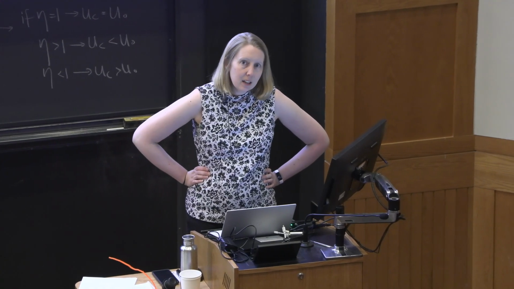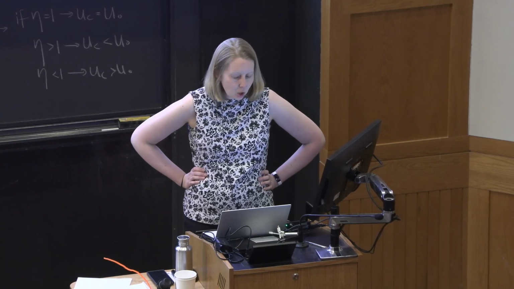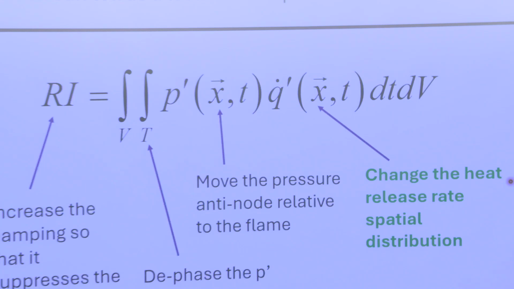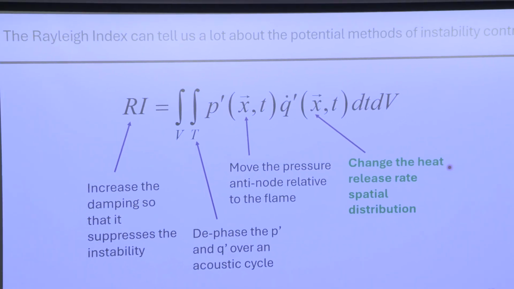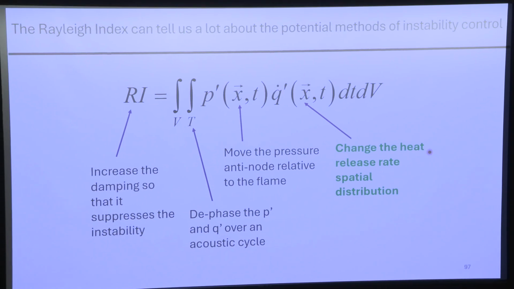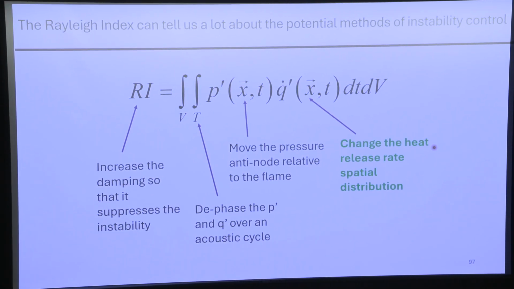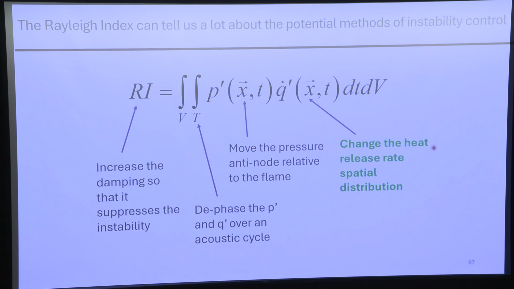But like I said, there are some drawbacks, and maybe it doesn't suck out all the energy that you want it to, so let's keep trying other stuff. The next thing we're going to talk about is changing the heat release rate spatial distribution, right? If I move the flame away from that pressure antinode, that would be great. And there are a few different examples of that in machines. I just keep using gas turbine examples because that's where I'm from, but you can apply these general philosophies to any type of